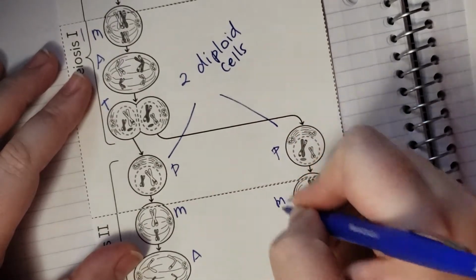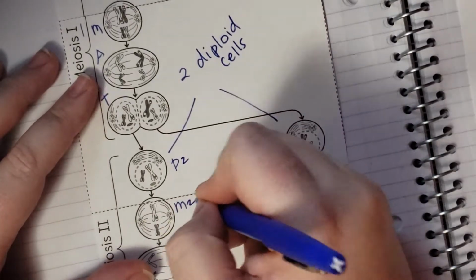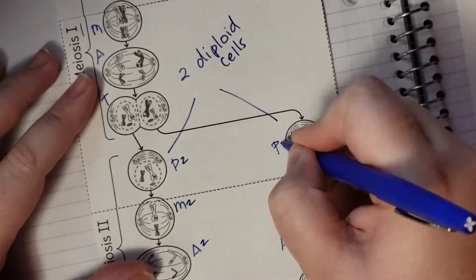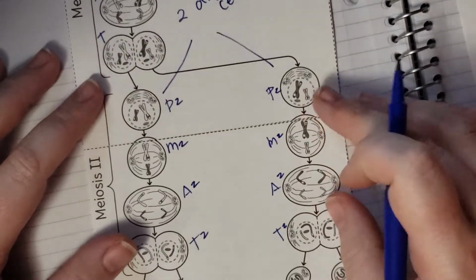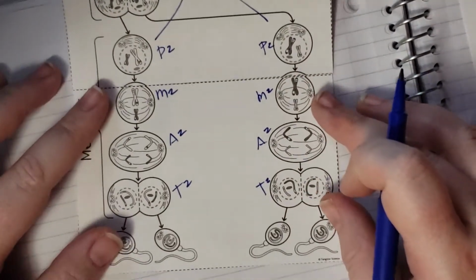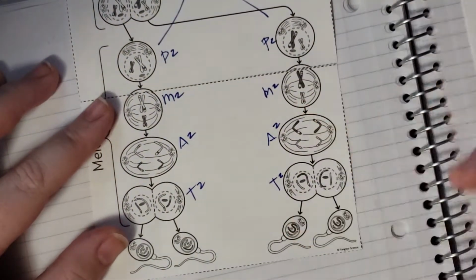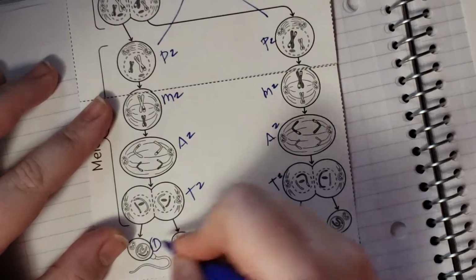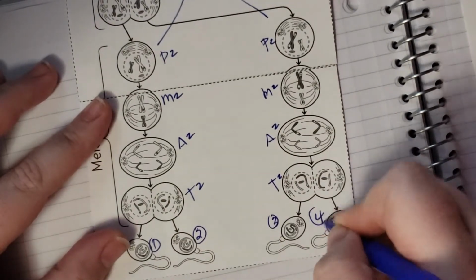So we're going to label this PMAT, and then PMAT 2. It does not replicate its DNA in between them. So at the end here, we end up with 1, 2, 3, 4